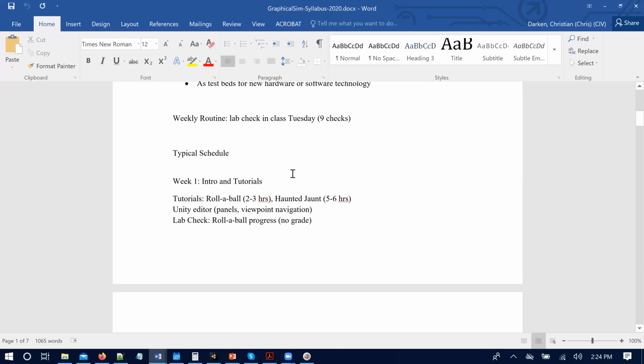It's relatively short. It makes you build a very simple but kind of complete game. In other words, there's mechanics to it, there's scoring to it, there's a beginning and end to it. So I think it's a really great example. And it also has video tutorials that go along with it. So I don't feel the need to do it in class, because I would just be recreating in probably a worse way what's already there. So that should be the first thing. If you want to do something tonight with Unity, I would suggest the rollerball tutorial.